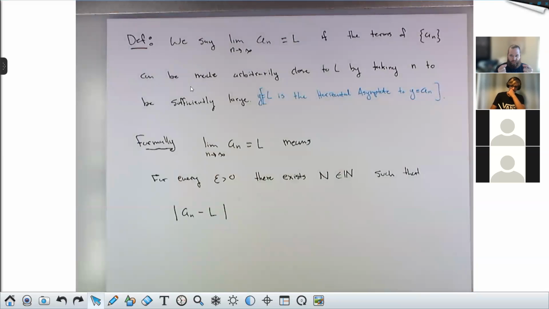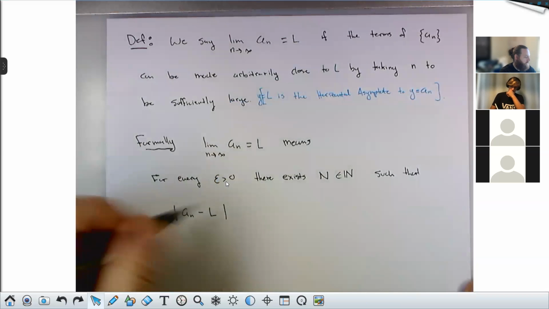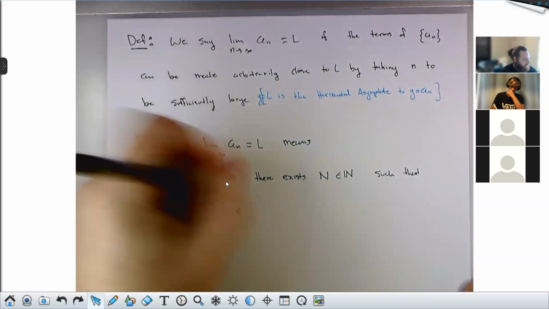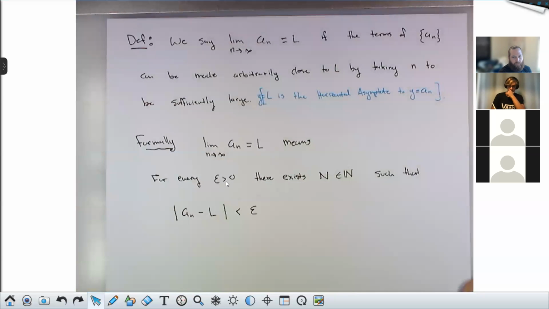If you want to find the distance between two real numbers, you subtract them and take the absolute value. We said we want the terms of the sequence a_n to be arbitrarily close to L. Well, epsilon is your arbitrary closeness. So I want this distance to be less than epsilon,